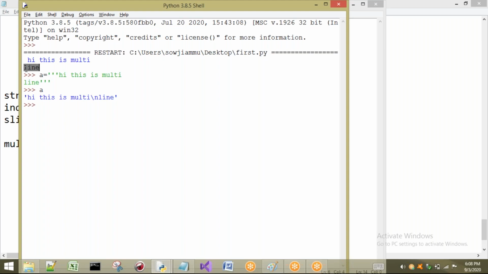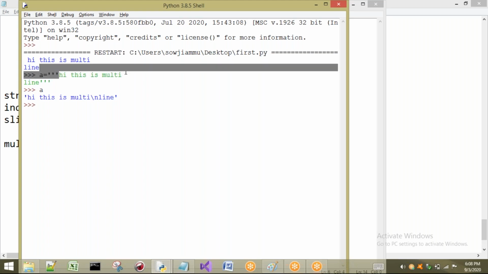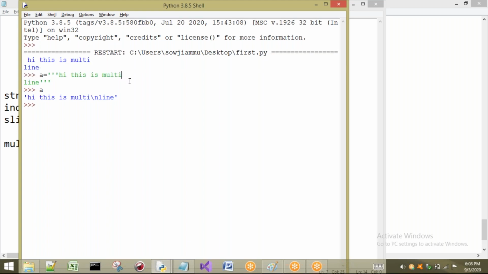Okay, the small difference you have to understand. Here what is the case? Here each and every line will be considered as single. See here, "hi, this is multi" is printed, and here I have pressed enter, so it goes to the second line. That enter is nothing but slash n. So here slash n is printed and the line is printed. But here in the case of a program, what happened? "Hi, this is multi", and I have pressed enter, but here slash n is not printed, so it went to the next line. If slash n is printed here, what happens? This line will be printed here.